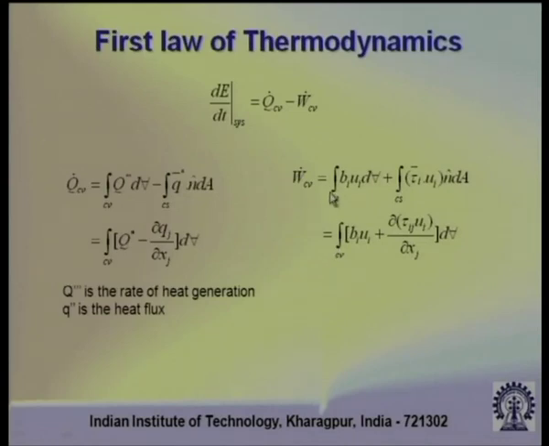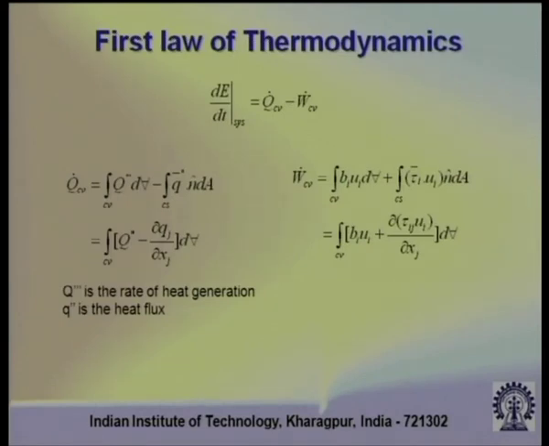Next, simplification with respect to the work done. Again, work done is because of work done due to body force plus work done due to surface force. So, what is the work done due to body force? You can write this as the body force, either per unit mass or per unit volume, it does not matter, accordingly it will be either rho b_i or b_i, whatever it is, and it is basically the body force dot product with the velocity.